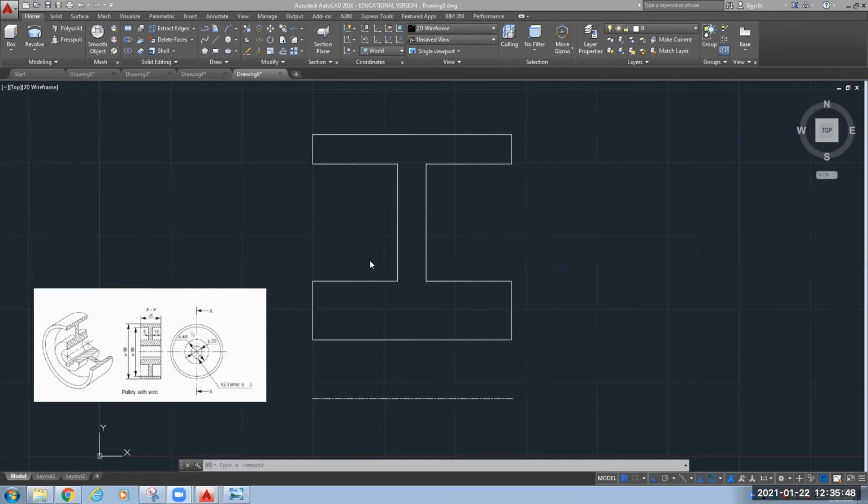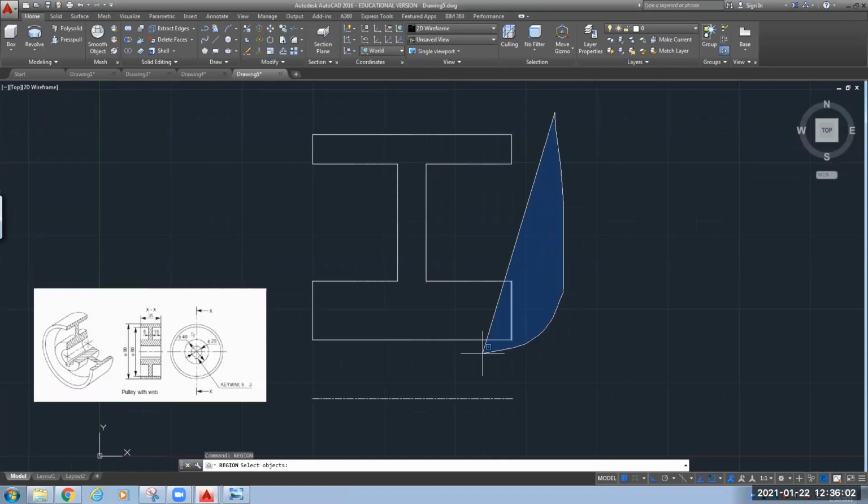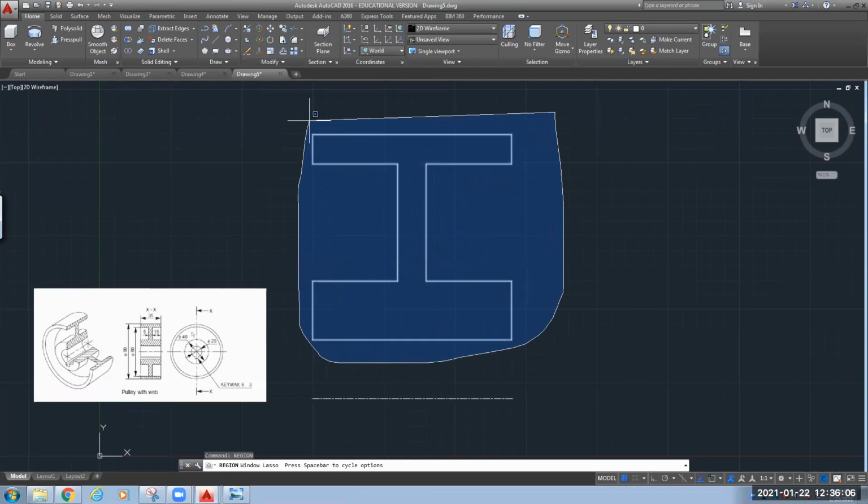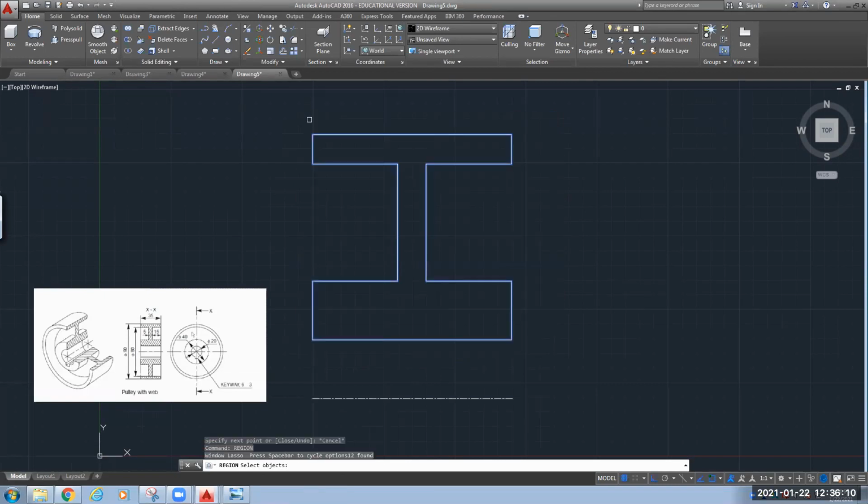Now you need to create this as a closed region. So use the region command. Select all the lines. You can do multiple selection with dynamic movement of your mouse also.